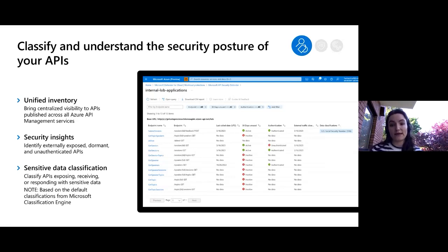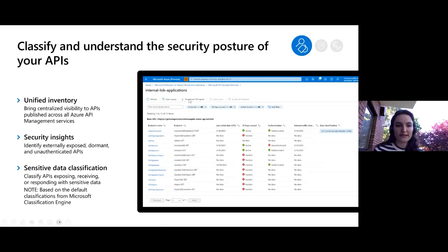And it tells you the last time that was. And last but not least, we've got our data classifications, and our data classifications come from the default classifications that are part of Microsoft's classification engine.